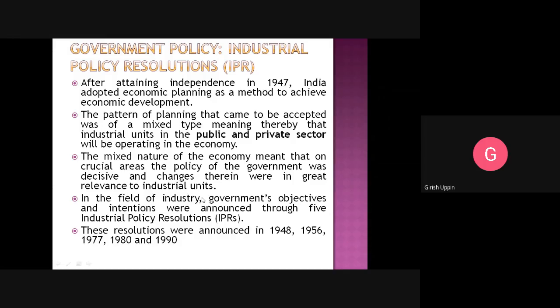There are different IPRs that were introduced. Immediately after independence, the first industrial policy resolution was in 1948, then 1956, then 1977, 1980, and 1990. They used a different strategy for these different resolutions. Those resolutions we will talk about in the next class.